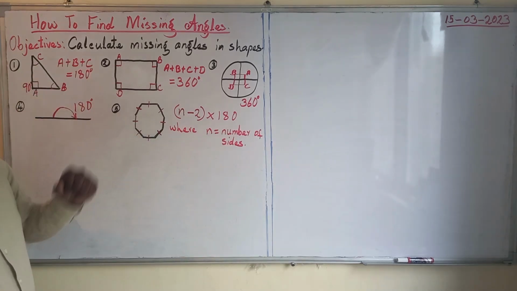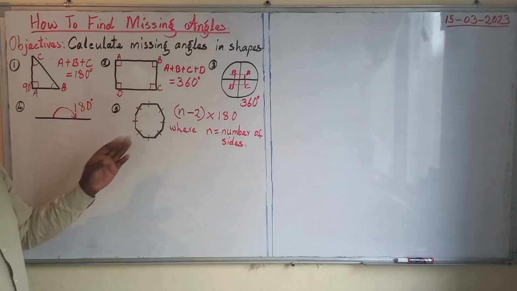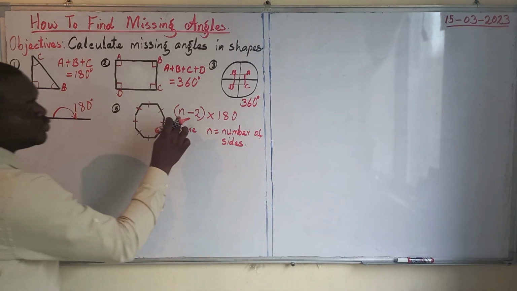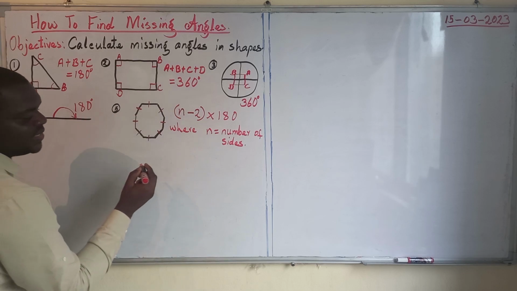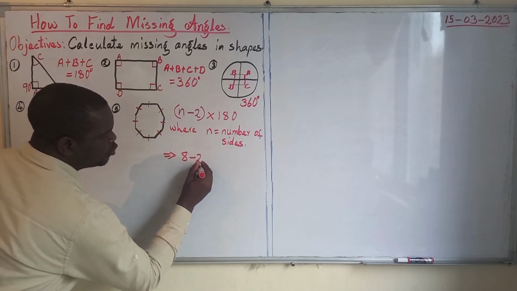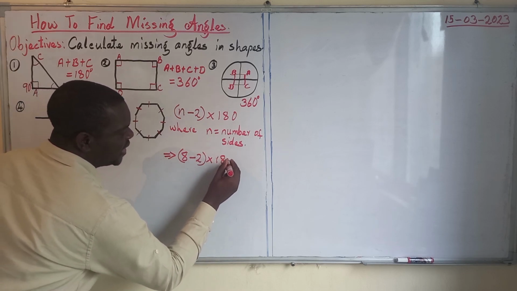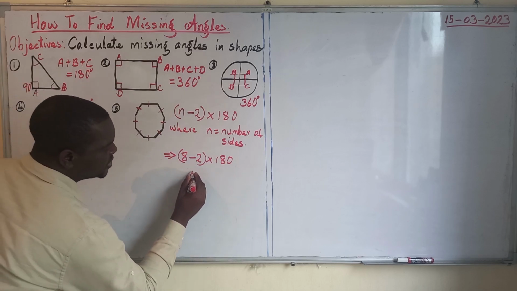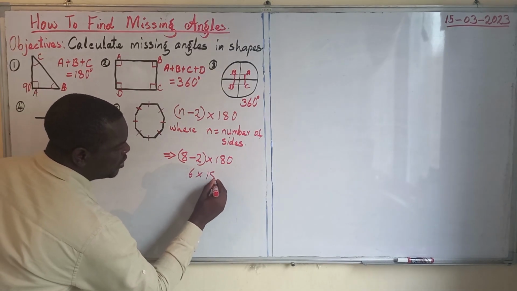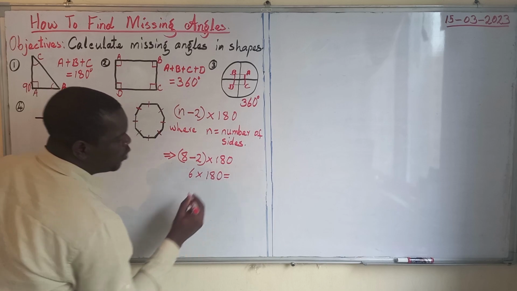If in this case we have 8 sides, we will therefore substitute n with the number 8. 8 minus 2 times 180 will be equal to 6 times 180, which is equal to